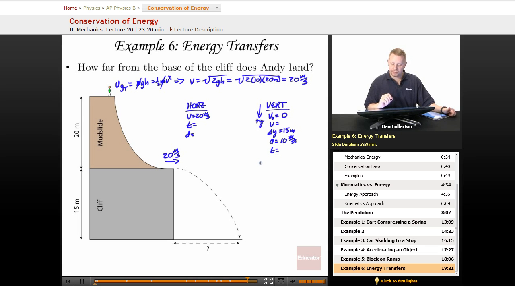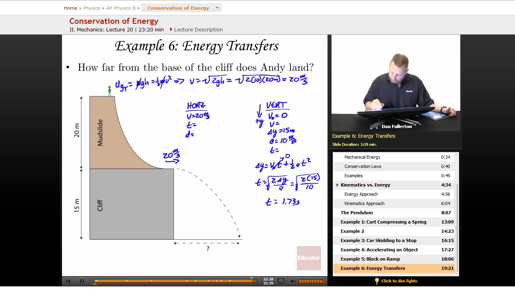The equation I would use to do this is I would say that delta y equals v initial times t plus 1/2 at squared. V initial is 0, so that whole term goes away. We could then write that t must be the square root of 2 delta y over a, or 2 times 15 meters over 10 meters per second squared, square root. So t equals, when I plug all that into my calculator, I come up with the time in the air